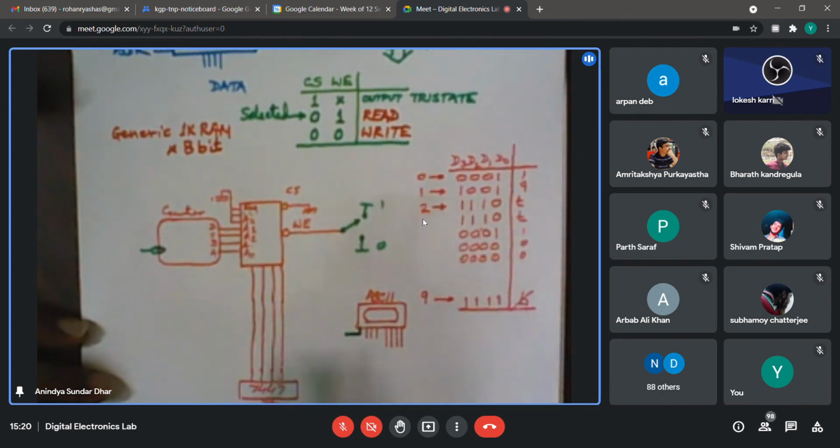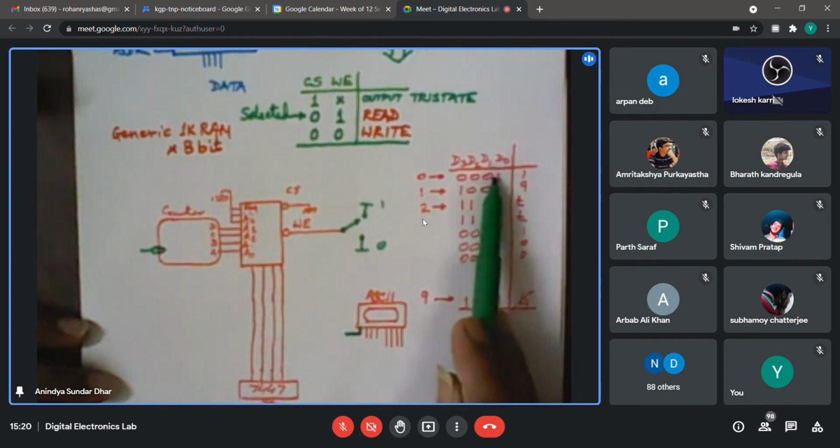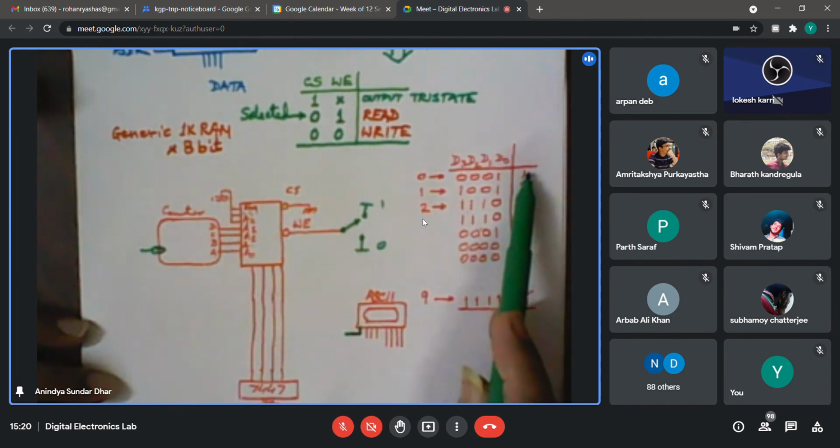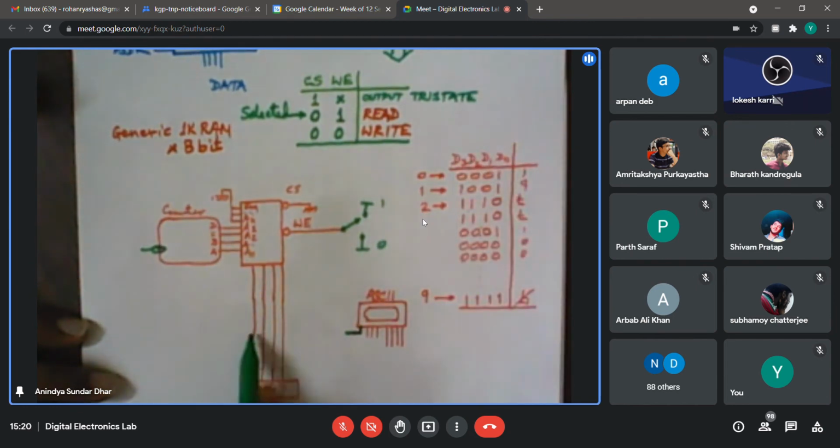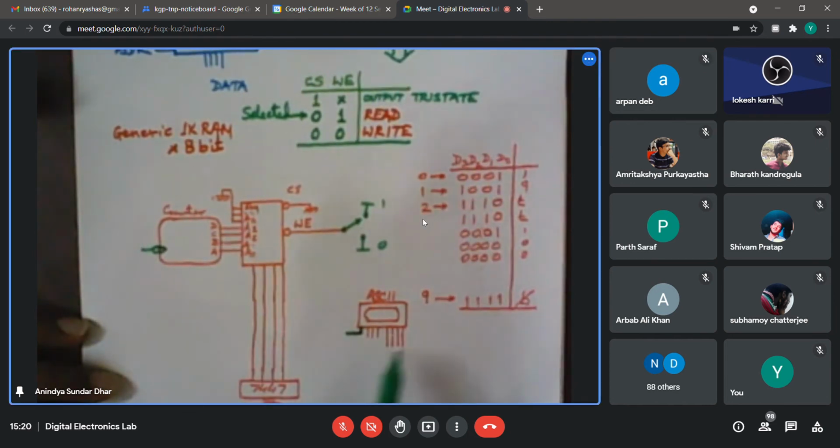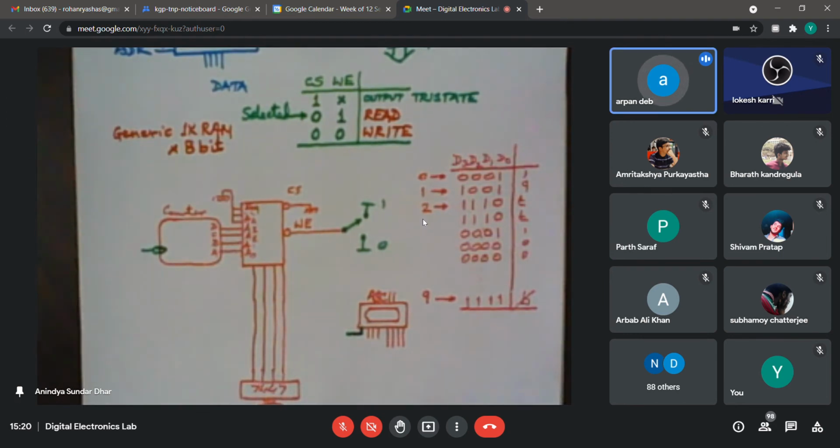So if I'm sending all high bits here, at that same time I would like to read from this RAM, that I want to read this 0001 so that your first character of roll number gets displayed. Then there will be a contention in three of these lines. The ASCII keypad is trying to make this high, whereas internally you have stored 0001. So the output will be 0, but the ASCII keypad says it is 1. So there will be a contention. Yes, sir, we can take the output of the write enable and use some XOR gate with the output of the ASCII and then connect.